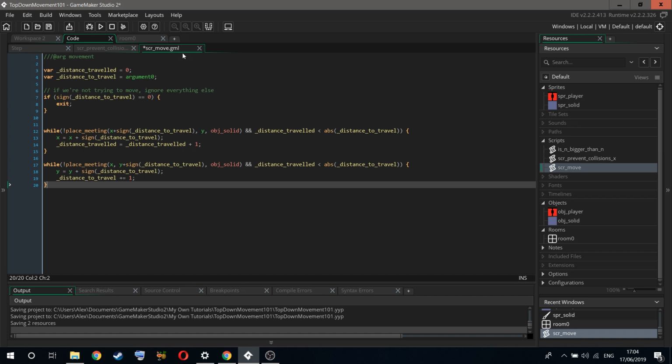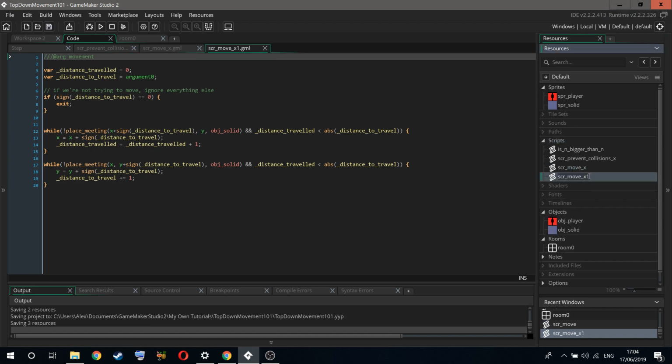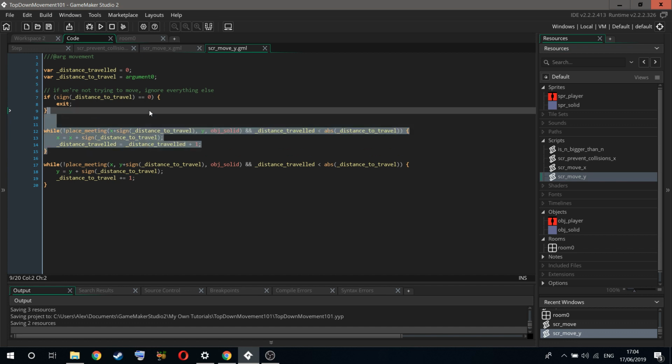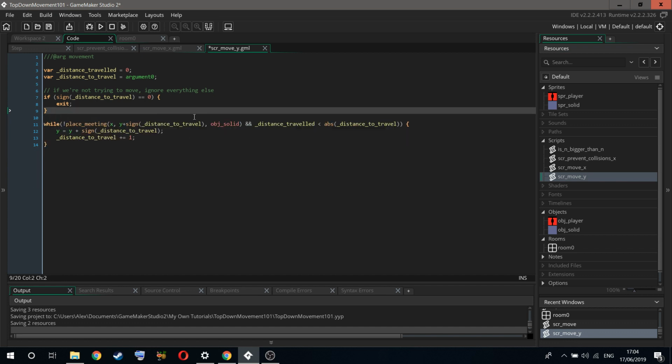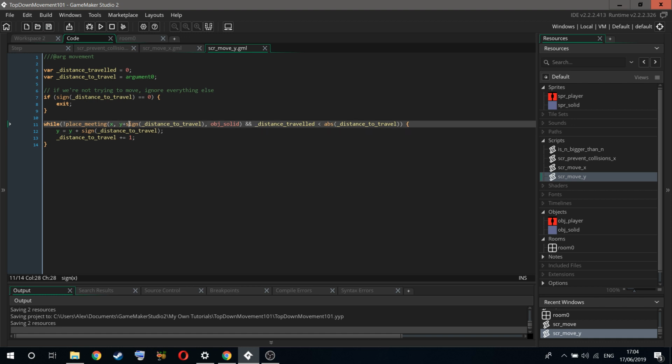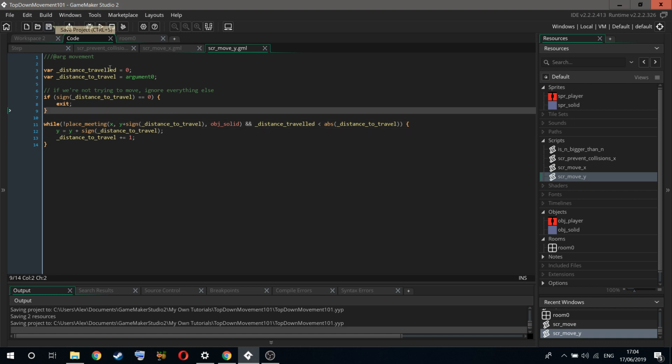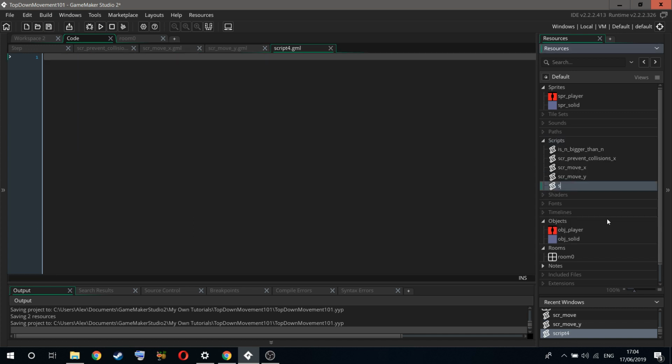So I'll copy this whole thing. I'll keep it as ser move x. I'll duplicate this. This one will be ser move y. I'll remove everything that's related to x. So it's the exact same code with the exact same variable names, but it affects y instead of affecting the x position. And now, if you want this ser move,